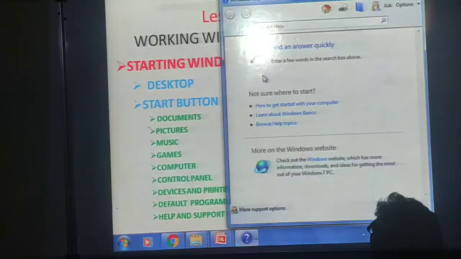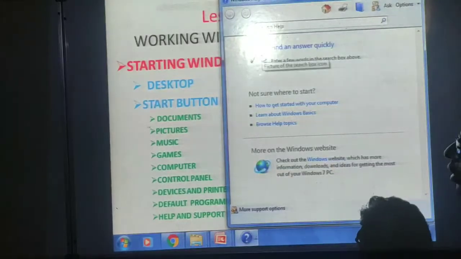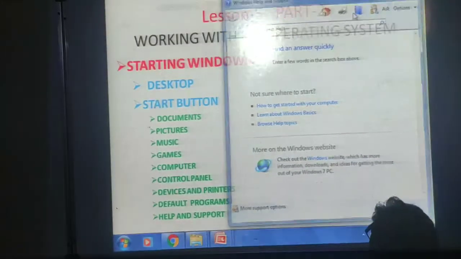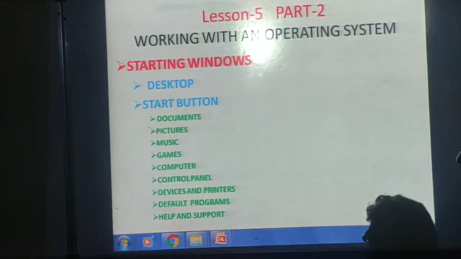This option that is given is to type your problem here, whatever you are facing, and this is for help. Whatever issue you are facing, you have to type here, and after that Microsoft is going to give the link, or it will give a basic, general idea of what the issue is and why we are getting this kind of issue. That will give the detail of that. So you can solve your basic problem from help and support.